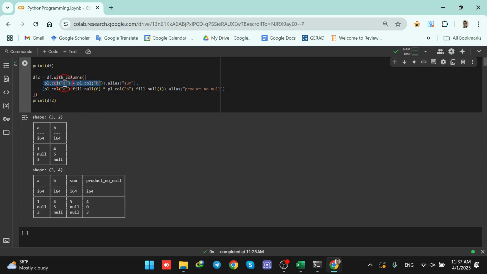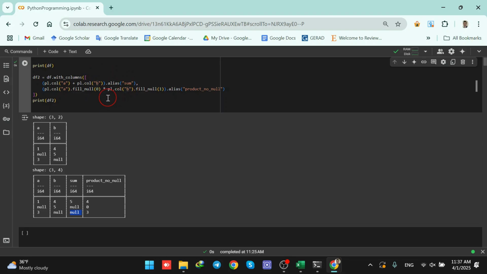So I tell the compiler to go for the values that are in the A column row by row and add them to the corresponding counterpart of the column B. So for example, here 1 plus 4, so the first row it's 5. So 5 is written in the sum column. Then because this is a missing value and it is added to 5, we are having the null. And then because we are having 3 plus a missing value, it will be null again. So this is how the sum